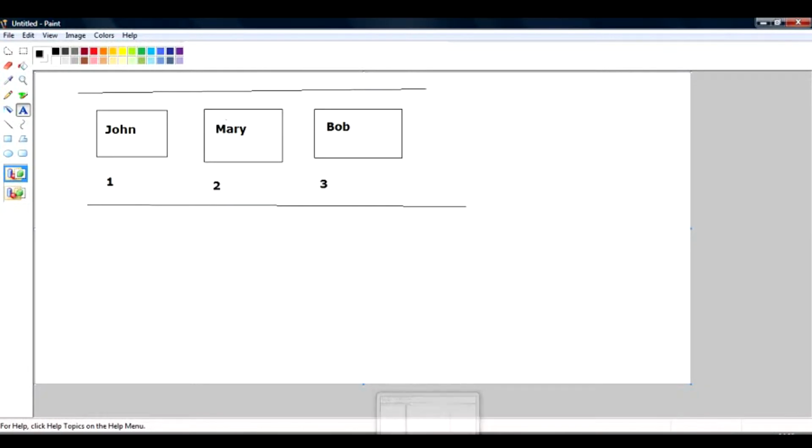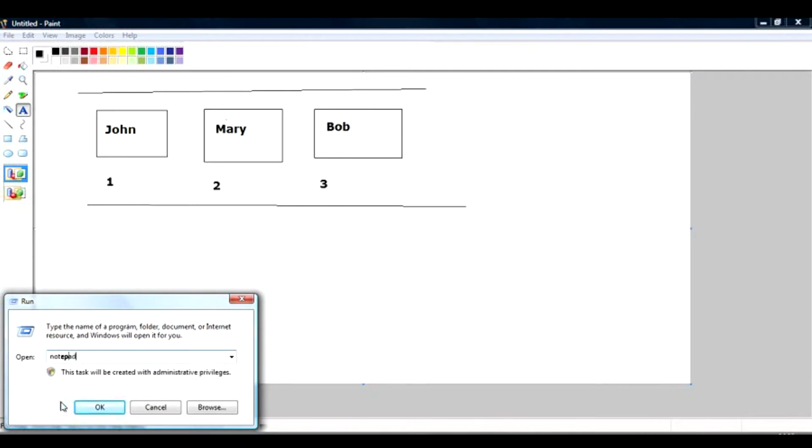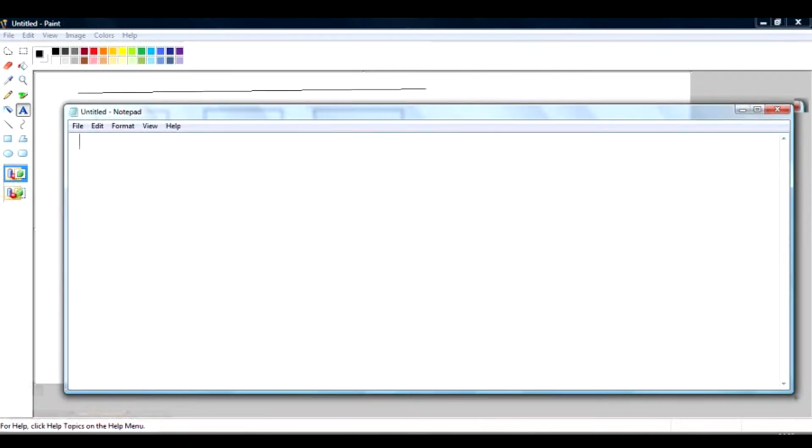To explain it a little bit better, if I have key 1 which is equivalent to John, key 2 which denotes Mary, and key 3 which denotes Bob, this is what an array is.